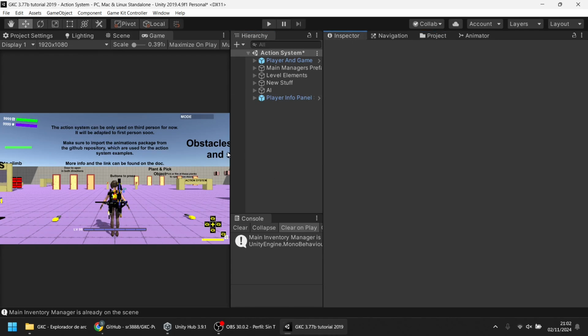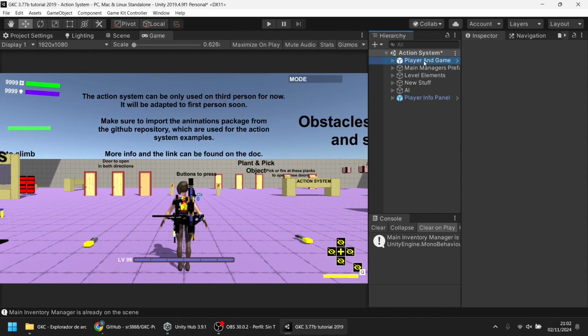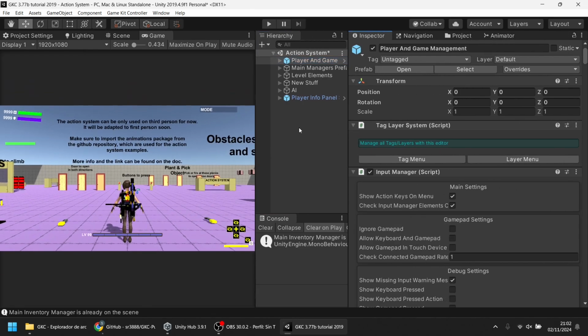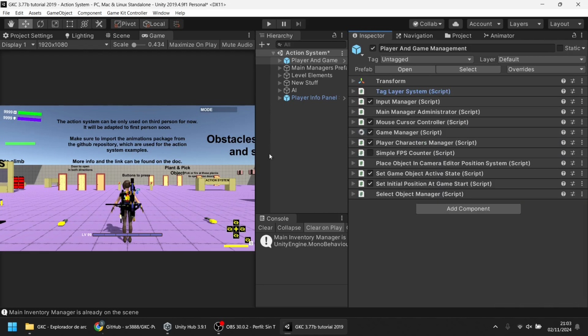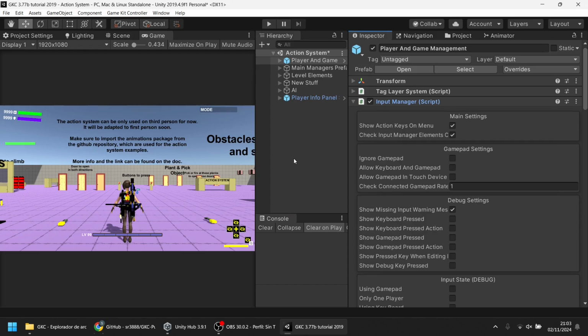One more interesting thing to tell is that maybe you try the demos of the asset before purchasing it, or maybe you have the asset in your project and for any reason the input is not working. Don't worry, this is probably because you have a gamepad connected, and by default the system ignores the keyboard to use the gamepad.